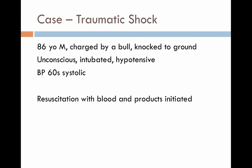Alright, I'm going to move into another case here. This is a case that I'm going to call traumatic shock, and this doesn't have anything to do with electricity, but this is an 86-year-old male. He was charged by a bull, and he was knocked to the ground, actually, pretty violently, and on scene he